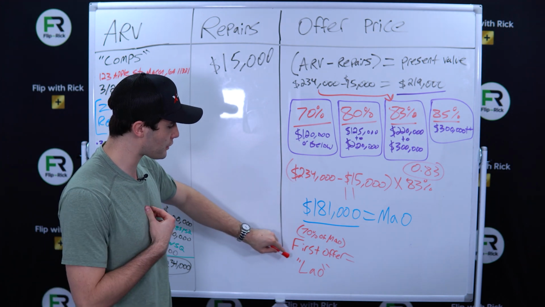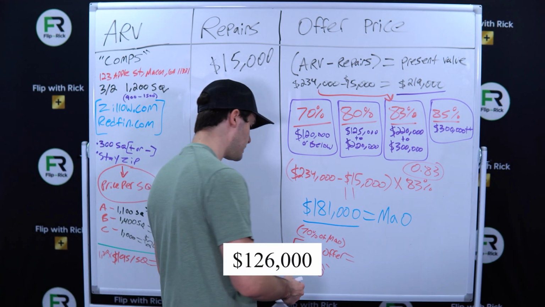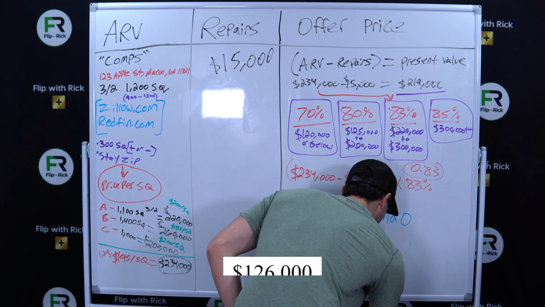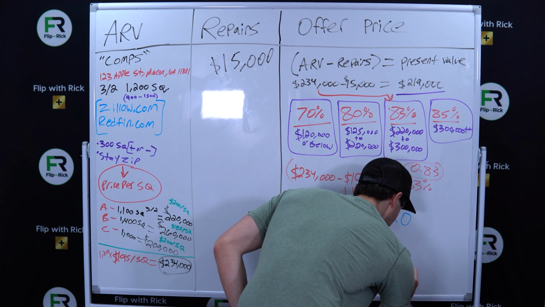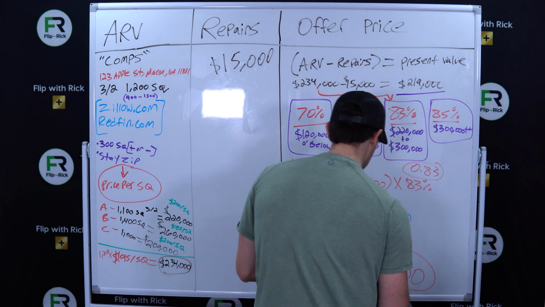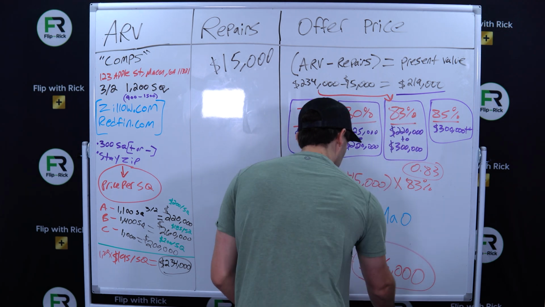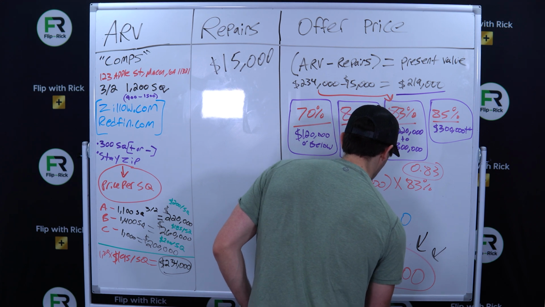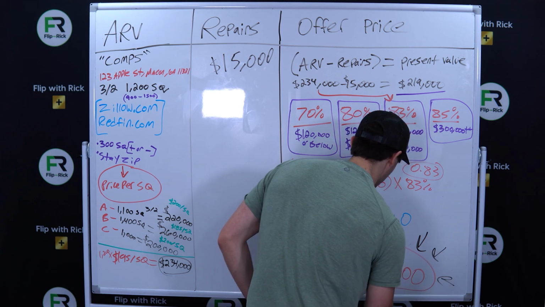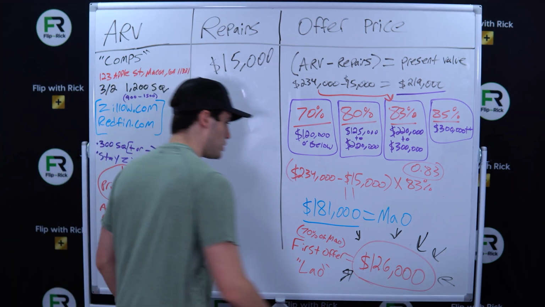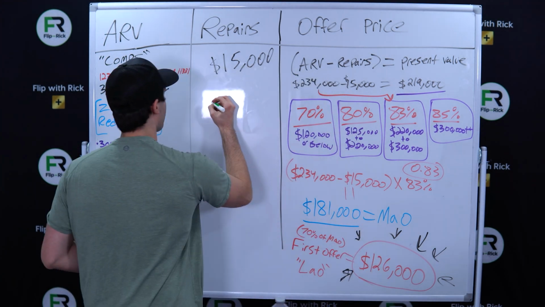That means our first offer should be $126,000. That is right. That is what I'm going to be offering this seller. Now, most likely, the seller is going to say no. Oh no, that's terrible. Oh no, I want to cry. Guys, that's the point here. We offer 126, and if the seller takes that, you are set to make